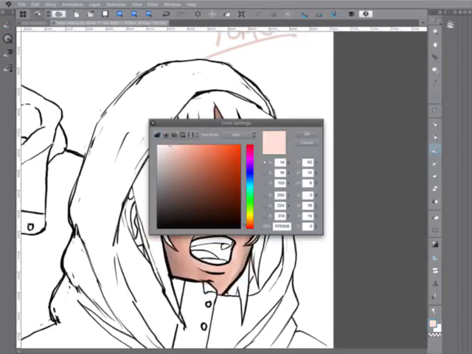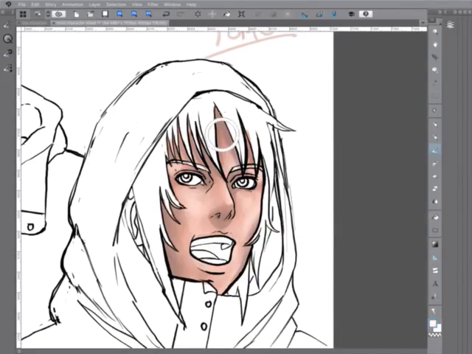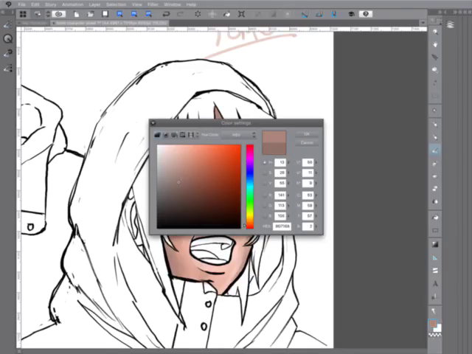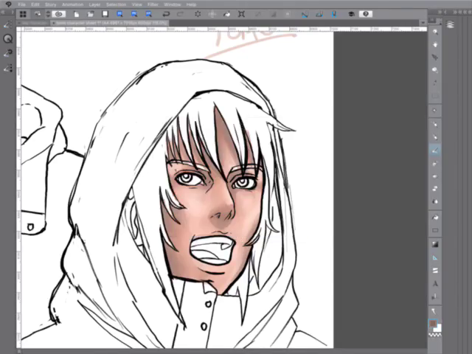Alright, let's go a little bit darker and then give skin tone a rest and move on to the rest of them. Let's see what else we can figure out. Let's go this way. Yeah. Down a little bit.